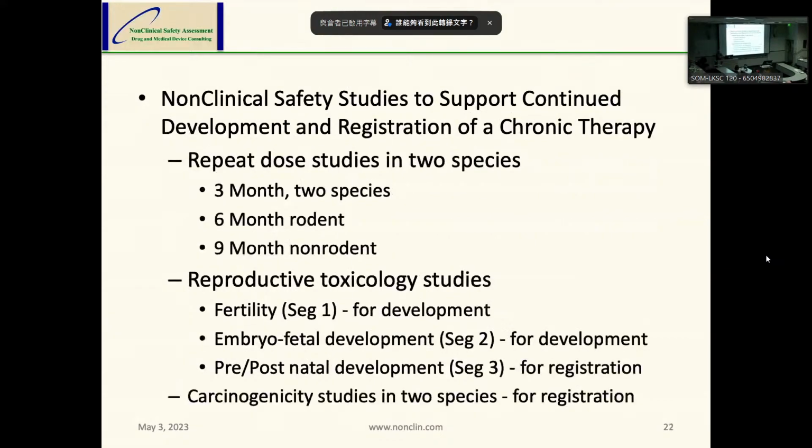So it continues from there, as I said, depending upon the duration of usage. Ultimately, we're doing a 6-month rodent study and a 9-month non-rodent study. Again, particularly when women of childbearing potential are brought into trials. I just learned today that at a company I'm working with, a woman who was 65 was involved in the trial and became pregnant during the trial. So you have to think broadly these days, as women of childbearing potential goes beyond what we might have typically thought. So the need for reproductive studies,